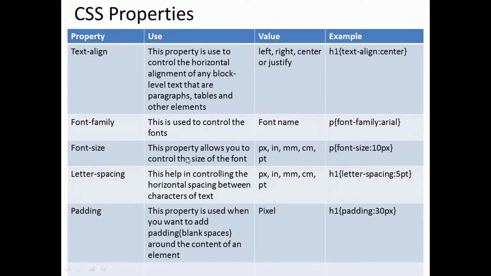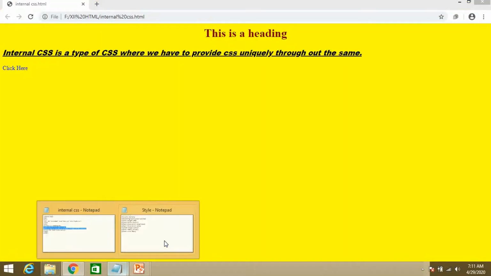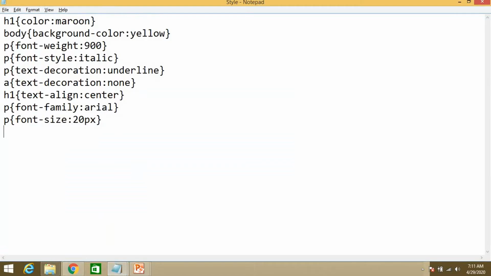After that you have letter spacing. Letter spacing means, for example, if you have written CSS properties, it will give space between the letters. This helps in controlling the horizontal spacing between the characters of text. Let's see how to apply this: h1 letter spacing 5pt, meaning there will be a space of 5 points.